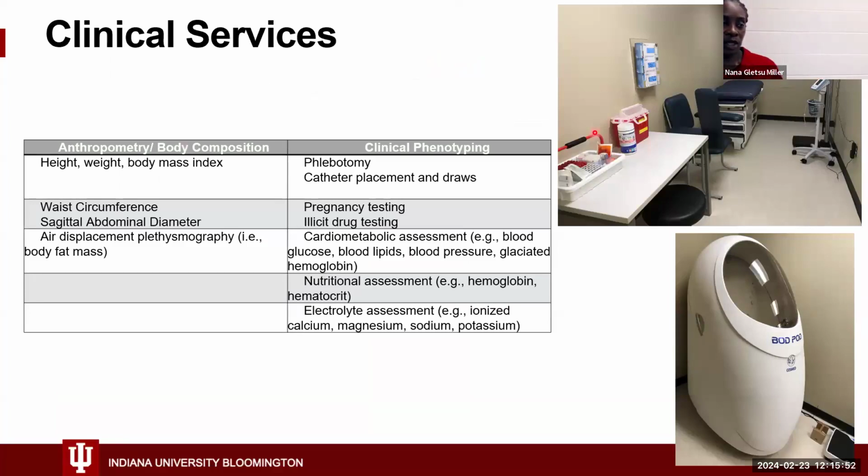Then moving on, we can also provide clinical services. So here's an example of one of our clinical suites. We're able to do anthropometry and body composition, so height, weight, body mass index, waist circumference, and sagittal abdominal diameter to measure